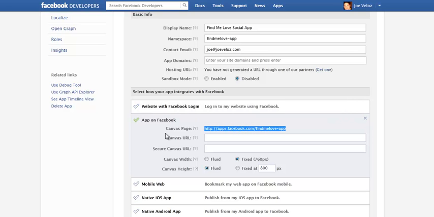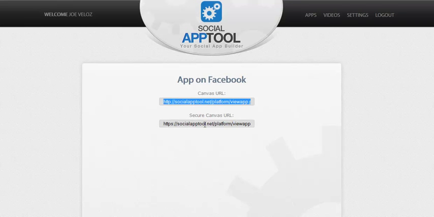So here, app on Facebook, Canvas URL, paste, secure Canvas URL, copy,